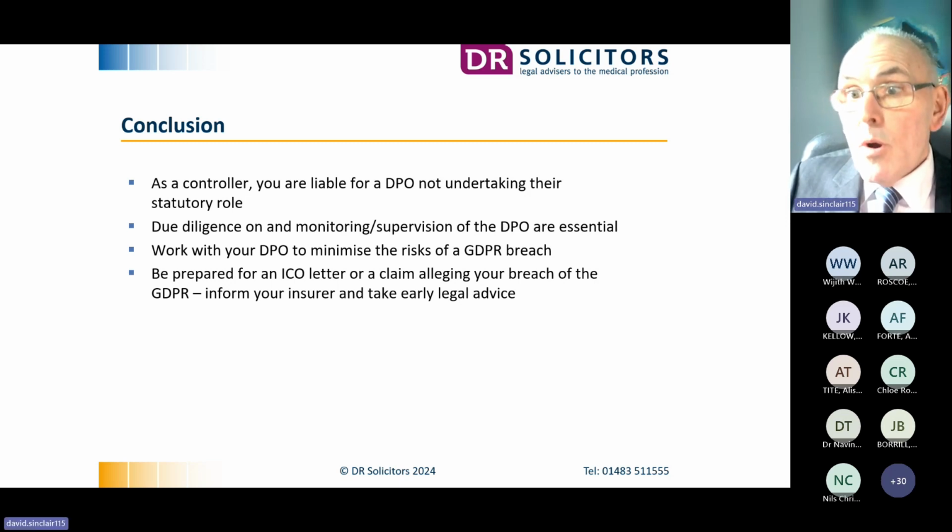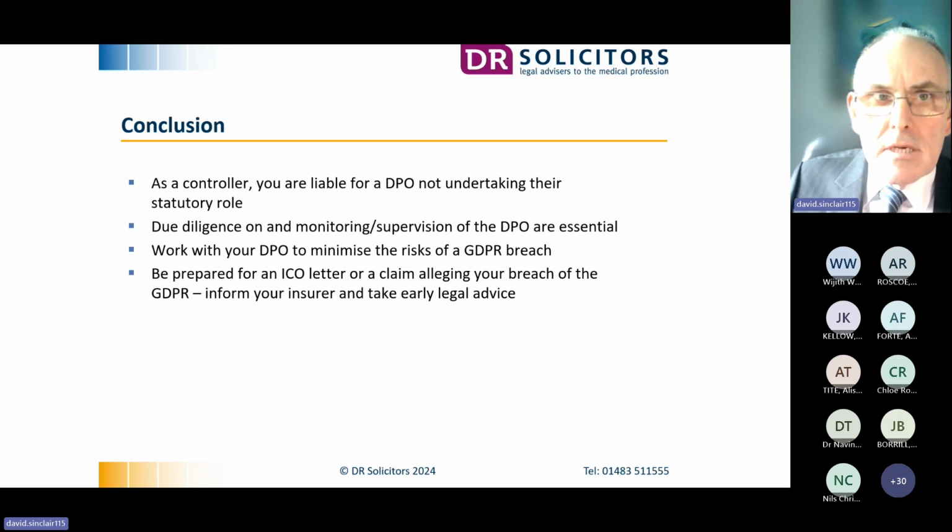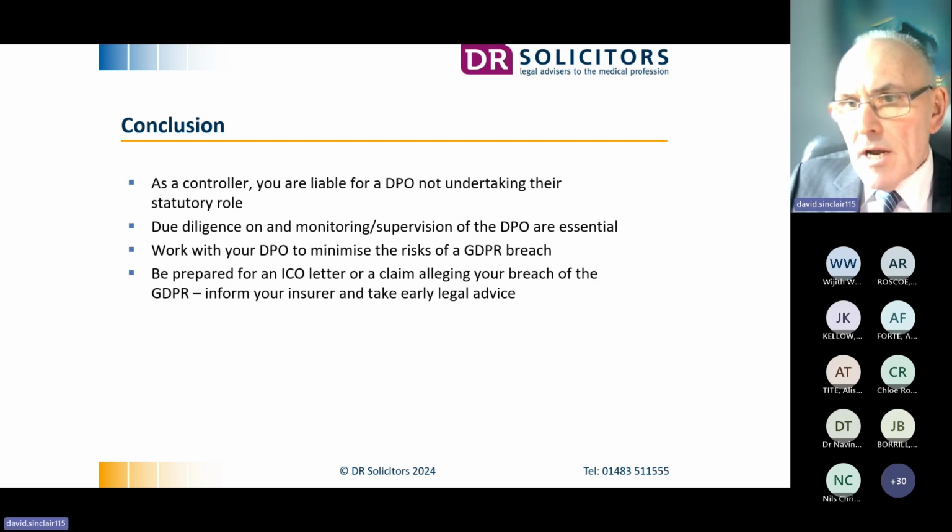The ICO wants them to, and there is new legislation winding its way through Parliament at the moment that, if and when it comes into force, will require the DPO to contact you before they contact the ICO. But at the moment, the DPO can go straight to the ICO without your knowledge. And you simply receive a letter saying that in the view of the ICO, you have committed a breach